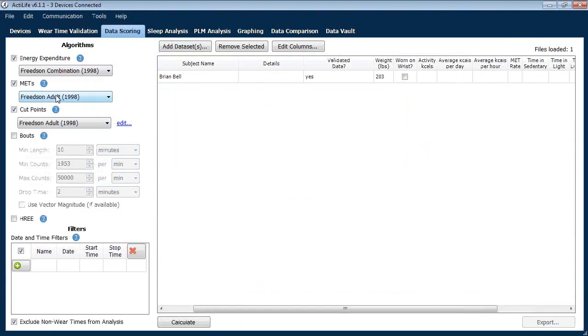So for this demo, I'm just going to use the defaults. I'm also going to turn on bouts. And I was told today that the algorithm for bouts is the inverse of what wear time validation does. So how wear time validation is calculated for non-wear periods, that's how bouts are detected. And you can control how the algorithm works using all of these values. So just think in the inverse of wear time validation if that helps. You can also use vector magnitude as well,